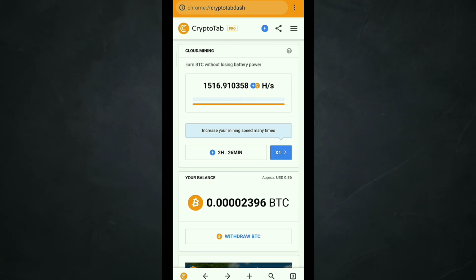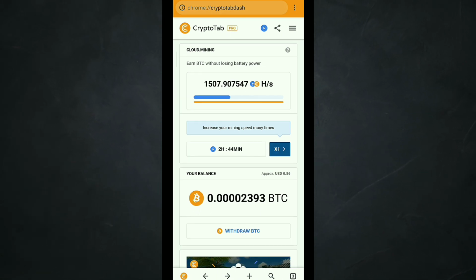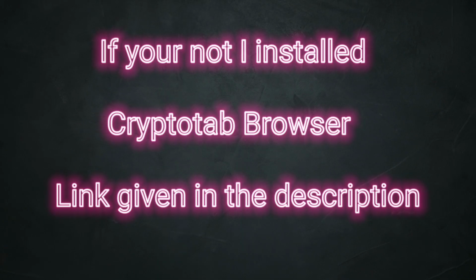I researched and saw many YouTube videos in which they tell you to use multiple devices with the same account to get more hash rate. I tried but it does not work for me, so I recommend you to use multiple devices with different accounts. That is the most effective method I got. You can also easily withdraw in the same wallet. I will show you how I mine with different devices with different accounts.